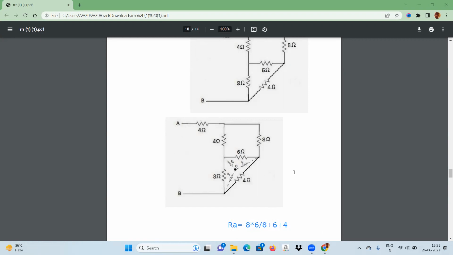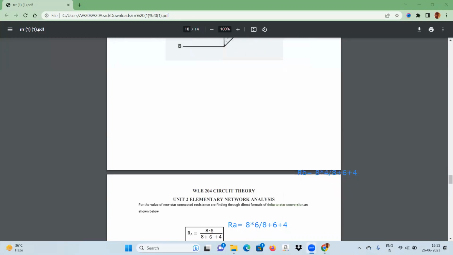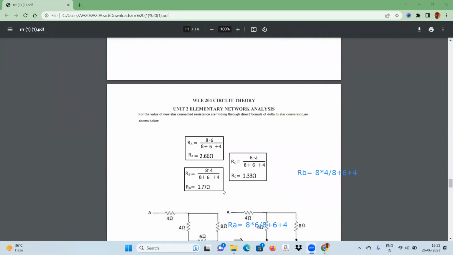RB will be 8 into 4 divided by 8 plus 6 plus 4. Similarly, you can calculate RC, and after calculating RA, RB, RC, we can draw